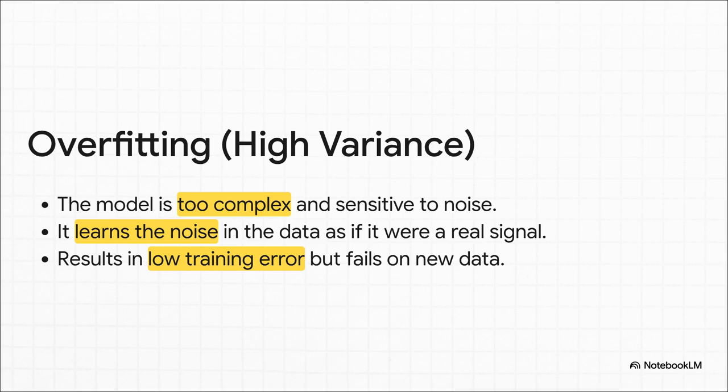Now, on the flip side, a model with high variance is overfitting. This model is way too complex. It doesn't just learn the pattern, it basically memorizes every single data point you showed it, including all the random, meaningless noise. It's like tracing your data with a ridiculously squiggly line. It'll look absolutely perfect on your training data, but the second you show it something new, it will fail spectacularly.